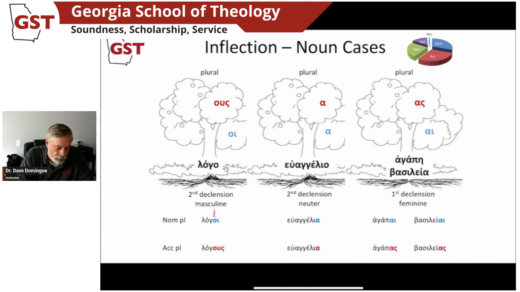We have our connecting vowel. We have our case ending. And so this is the nominative. It's going to be functioning as the subject. This is the nominative, or the accusative. It's going to be functioning as the direct object. In our plural second declension pattern for masculine words, right? We know it's that because of the omicron connecting vowel. In our second declension words, plural for neuter words, again, we know it's second declension because of the